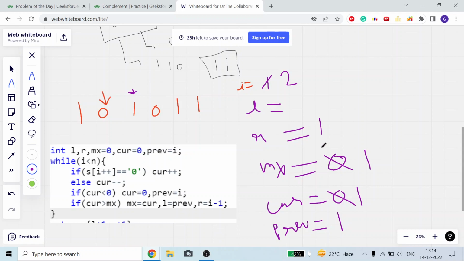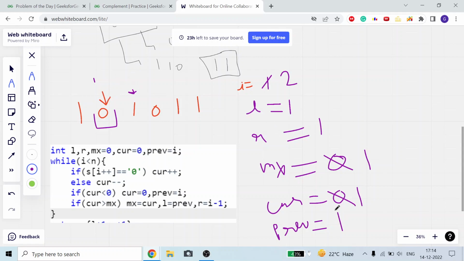Now L is equal to previous is equal to 1. So from here my range will be here, but I already increased my I to the next index. Okay, here you can see. So that's why I am putting I minus 1, meaning this is 1 comma 1, this is index 1, so the range is 1 comma 1, but I increased my I.